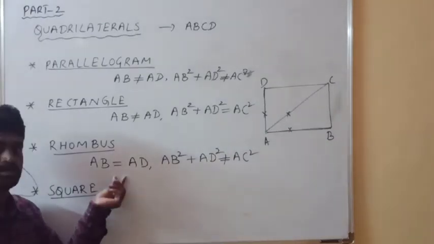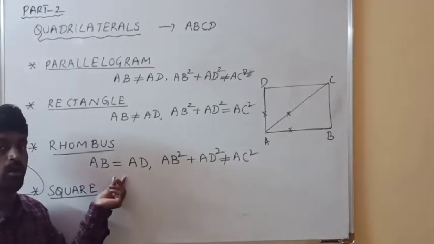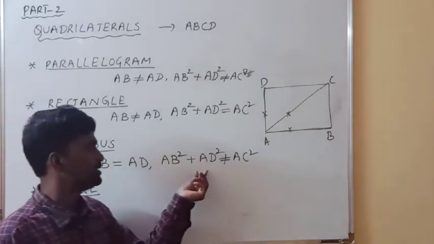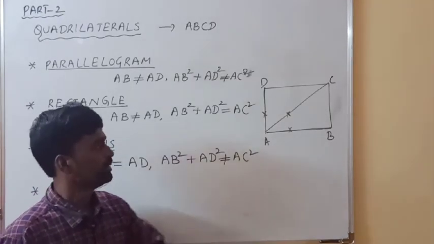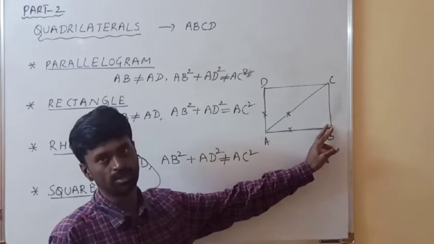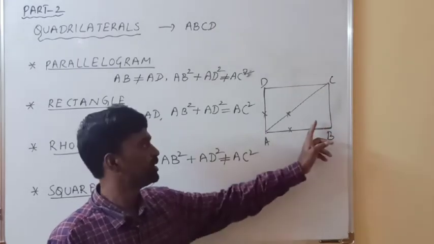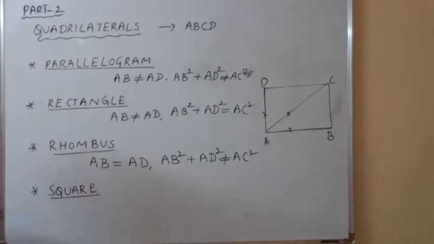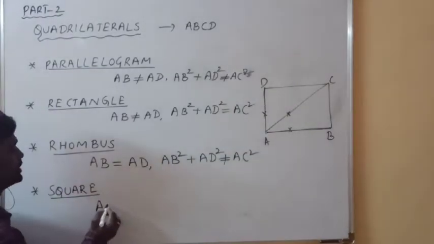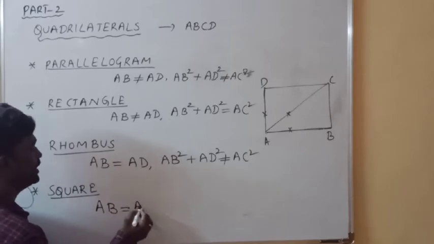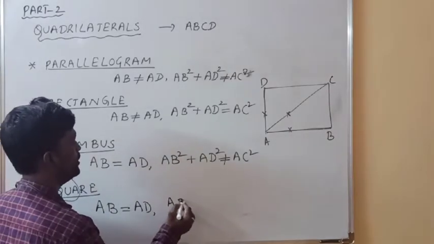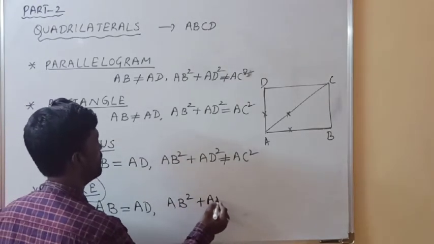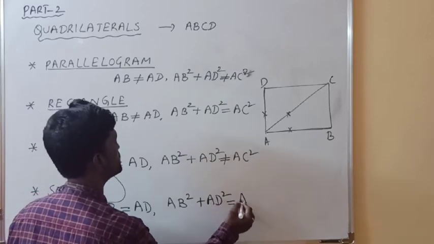So from this condition what can we identify? All sides are equal but not satisfying Pythagoras theorem. That means this angle is not equal to 90. All sides are equal but this angle is not 90. So that means it is a rhombus. Okay. Next, square. AB must be equal to AD and AB square plus AD square must be equal to